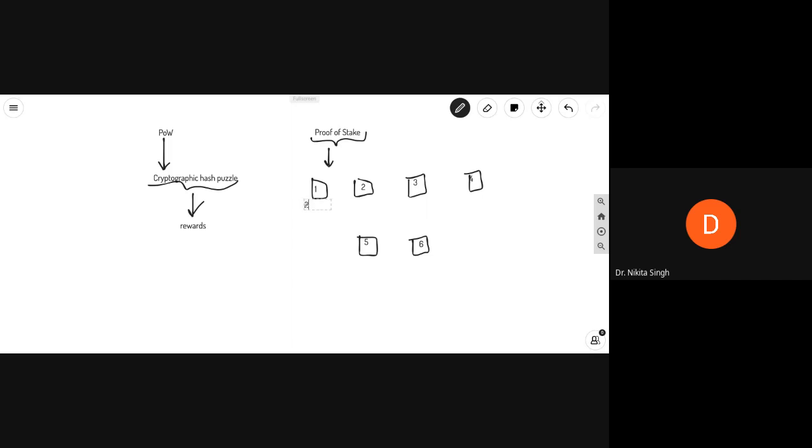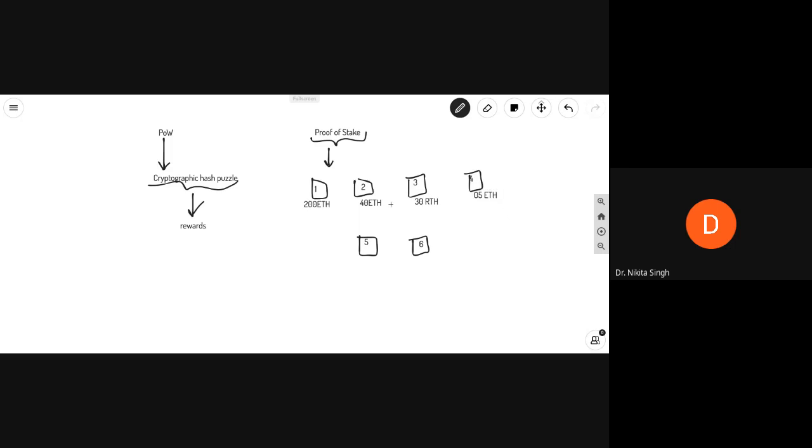Say this user has 200 ether. This user has 40 ether, and this user has 30 ether. Here this user only has 0.5 ether.